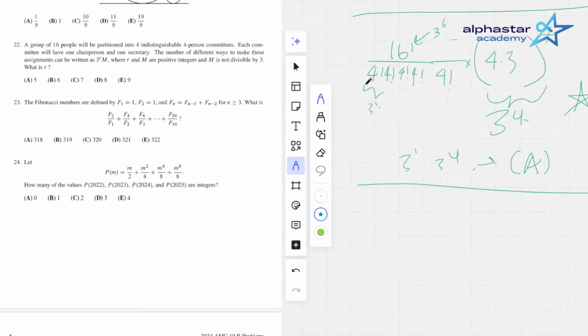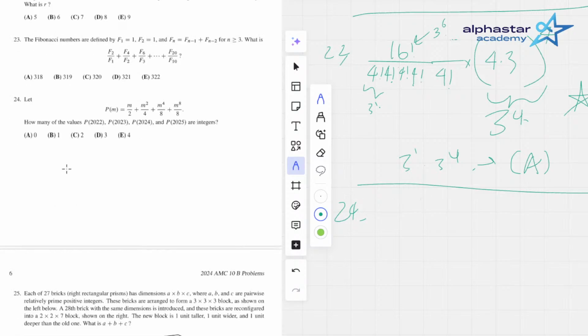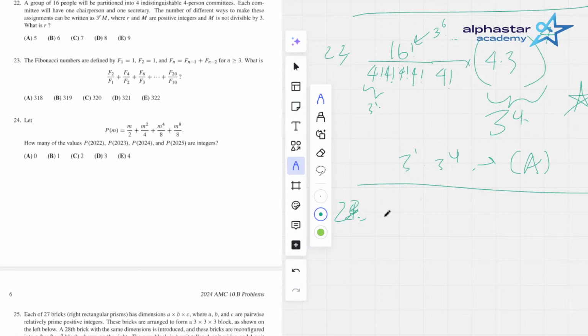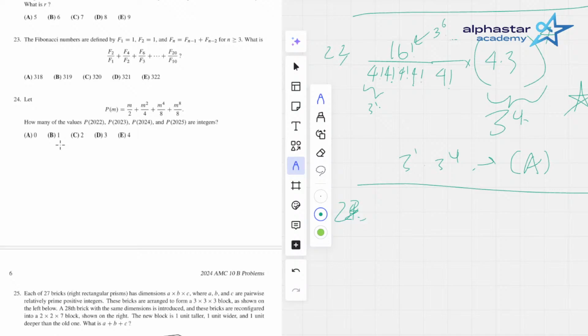Come back to check this one as well. 23, or 24. Oh, no, 23. Okay. Right, okay. Okay. Yep. Let this, how many of the values, this, and this are